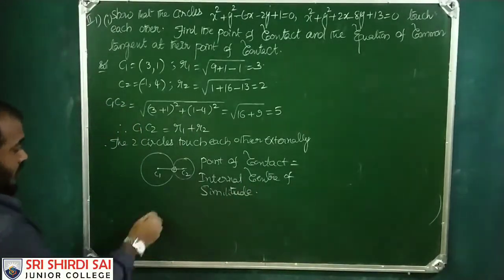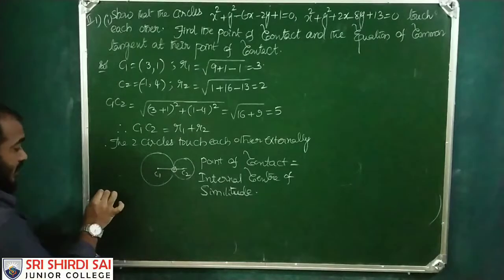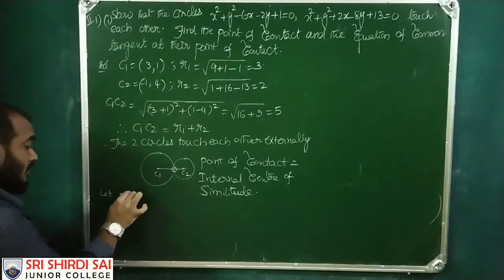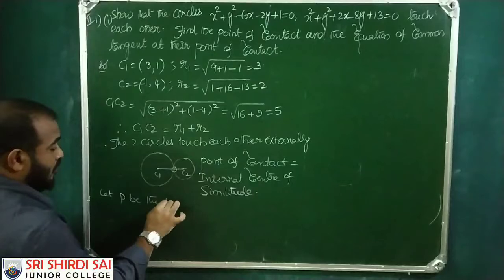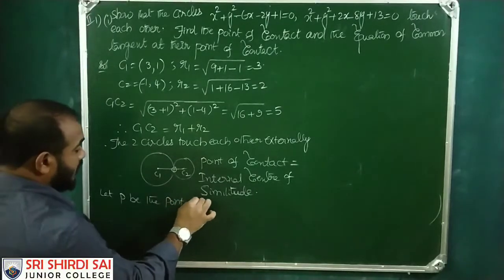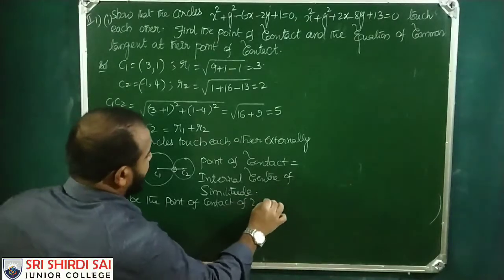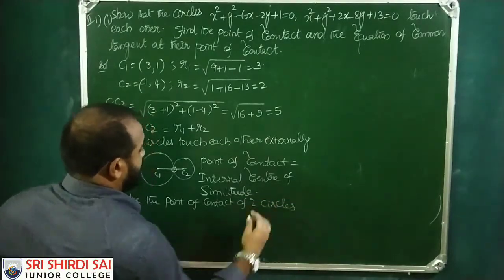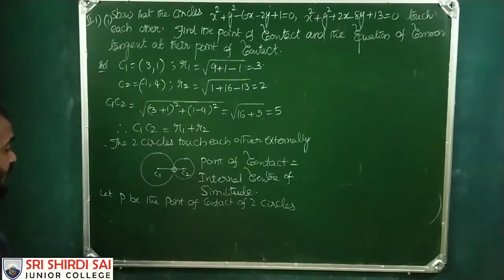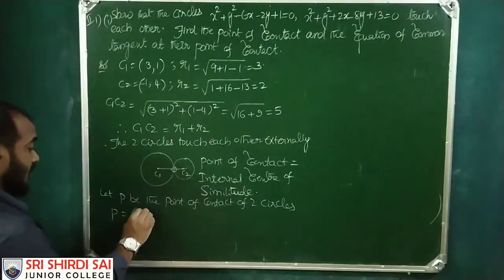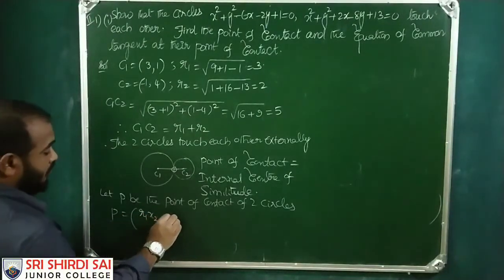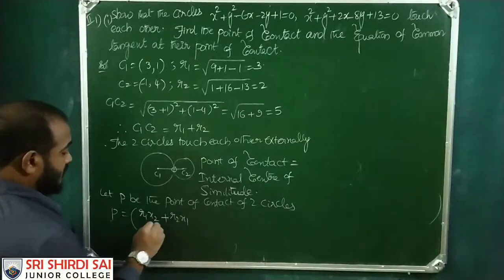Let P be the point of contact of the two circles. So the internal center of similitude P is equal to (R1x2 plus R2x1